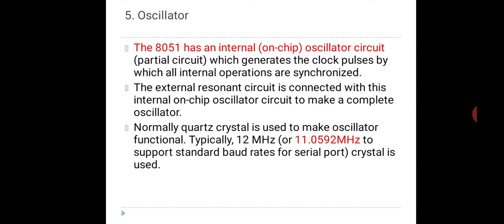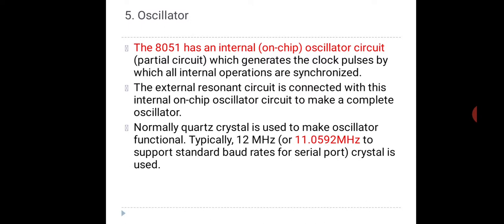The external resonant circuit is connected with this internal on-chip oscillator circuit to make a complete oscillator. There are two pins coming out of the microcontroller which are connected to this external resonant circuit. So this will make it a complete oscillator circuit.